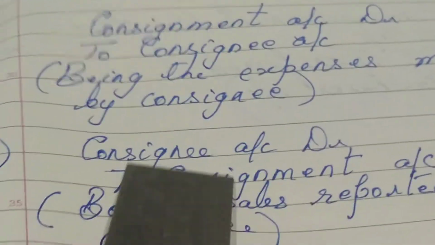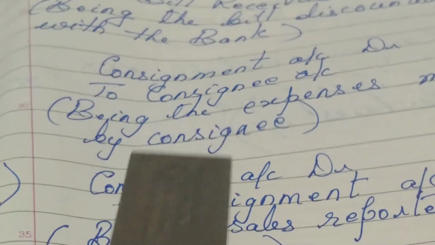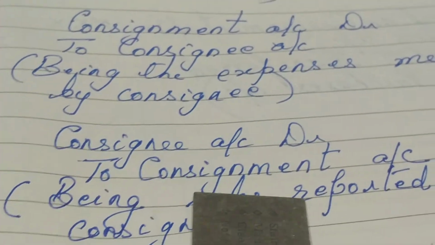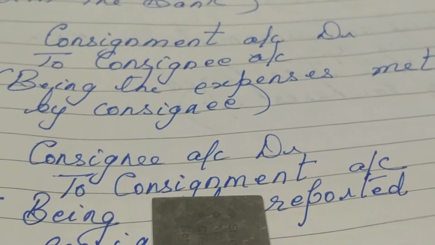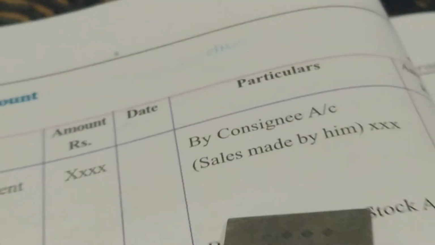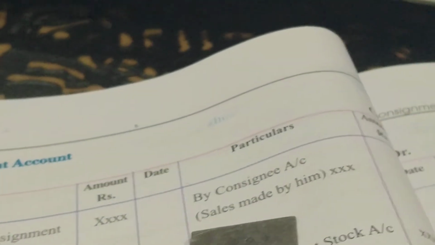The next journal entry we have here is commission, not commission. Alright, the next journal entry, after expenses paid, we have sales, consignee to consignment account. If you see, consignment account is there, what are we supposed to do? We have to show the credit side of consignment account because consignment is credited here. What are we supposed to show? The opposite account, that is the consignee's account. If you see the credit side, consignee account is written, and within brackets sales which is made by him is shown.